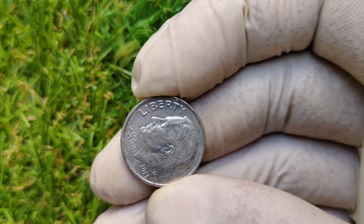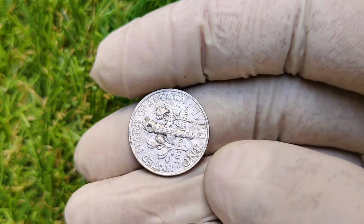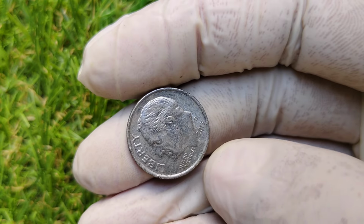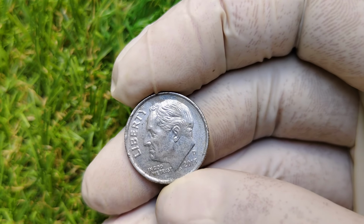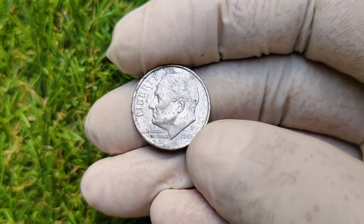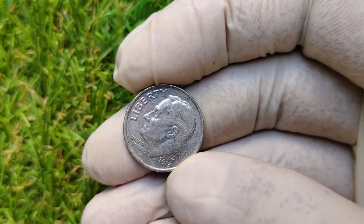and most commonly overlooked coins can hide unbelievable treasure. In this video, we are exploring the United States of America 2013 D mint mark Roosevelt dime, a coin that millions of people have touched, spent, or ignored without ever realizing it could be worth far more than just 10 cents. This coin looks ordinary, feels ordinary, and circulates in everyday pockets and wallets, but underneath its simple surface